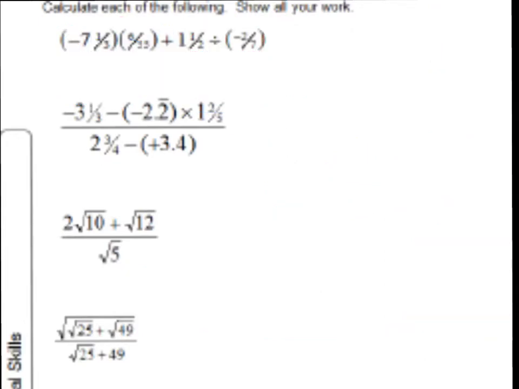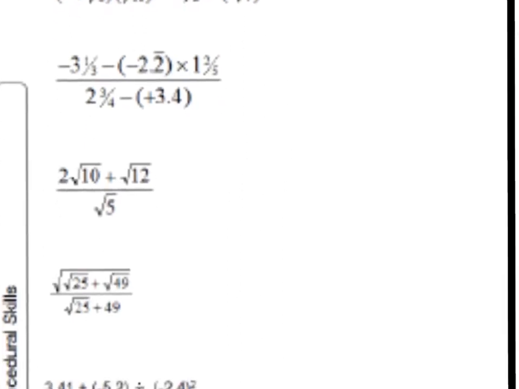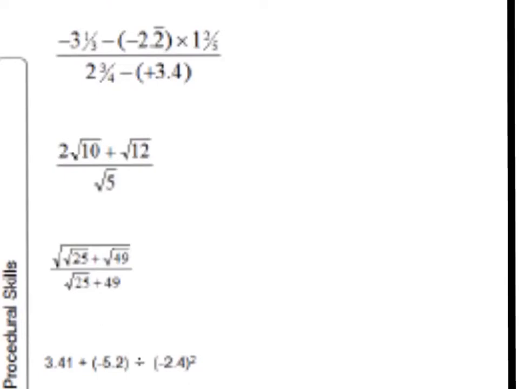Okay, the next question, we have negative 3 1/3 minus 2 decimal 2 repeating. So when I'm dealing with this, all I'm going to do is start writing all of this as an improper fraction. Okay, so this one first, times plus, I'm going to get negative 10/3 minus, keep the brackets, because it's a repeating decimal, I can write that as 2 and 2/9, again times plus, to get